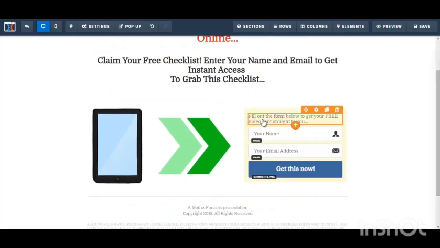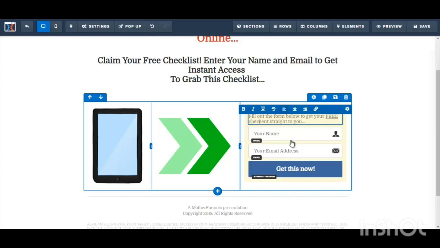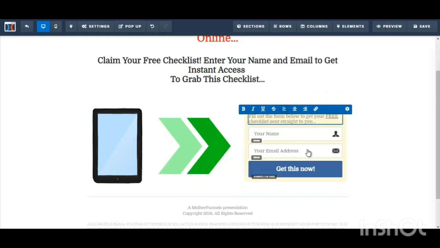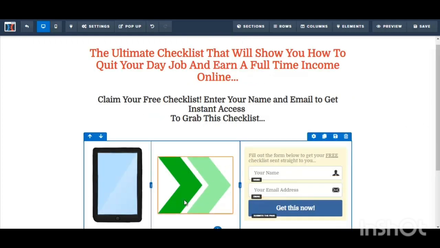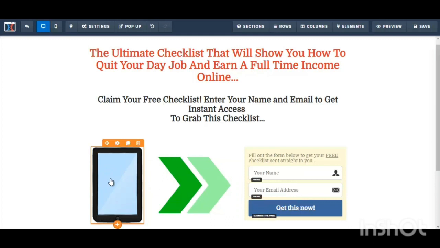Okay, here it says fill out the form below to get your free video sent straight to you. So let me just replace video with checklist. Okay, and I want to change the image on here. So what we have here, this looks like a tablet of some sort. So I'm just gonna click on this,